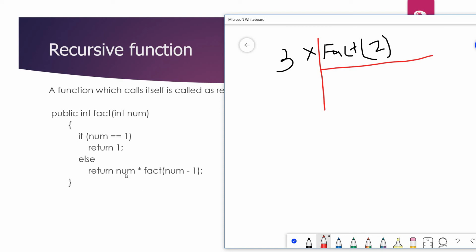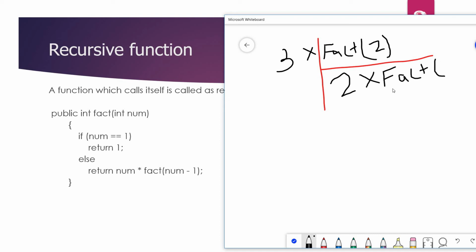So what it will do is 2 into, again it will try to evaluate, 2 into, again it will call fact, and it will pass the value as num minus 1.